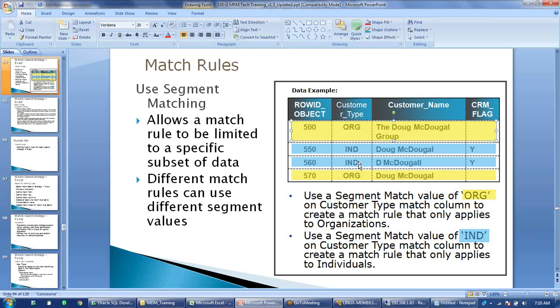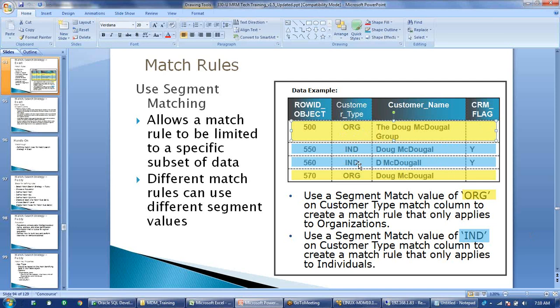So this is used in those scenarios because once we are following a party model, we have everything in a single table. I will have customer data, product, organization, everything in a single table. So when I am creating a rule, I know that I am creating this rule for the person or the customer data where I am using first name, middle name, last name columns. So I will use segment matching where I will say segment type equals customer or person.